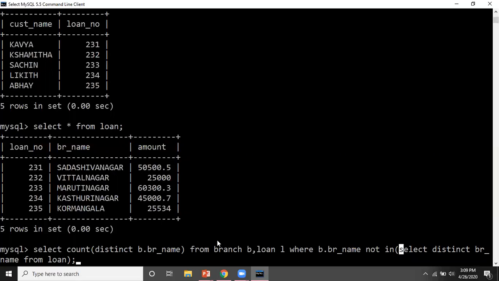Now after that, we want to count distinct branch name from the branch table. From the branch table we will count only those branch names where br underscore name is not in this internal query. From this internal query we are getting these 5 branches, so it will not count these 5. It will only count those branches which are not coming from this internal query. So if I run this particular command, as you can see